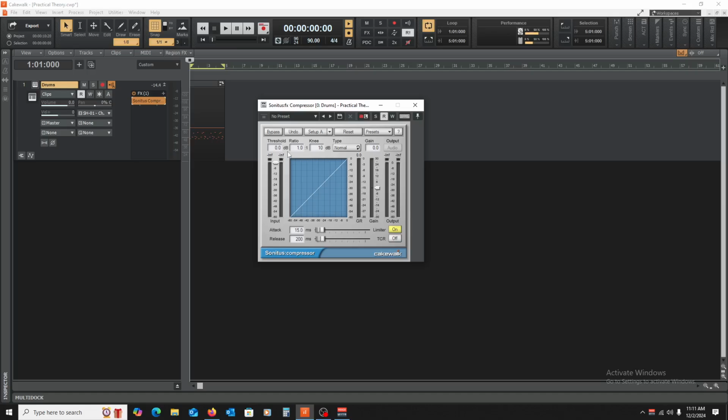Now, we're not going to go over everything that you see in this here. Not all compressors have every function that you see or all the options here, but most compressors have 4 basic components, and those are the ones that we really want to pay attention to today. The first is the threshold, and the threshold is basically if we play this drum track, you'll see these meters